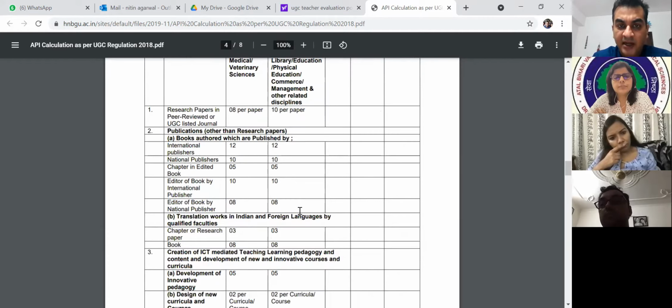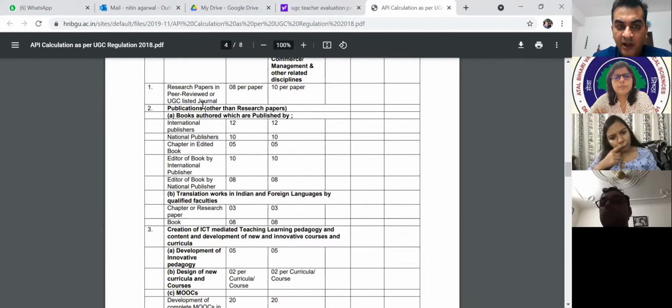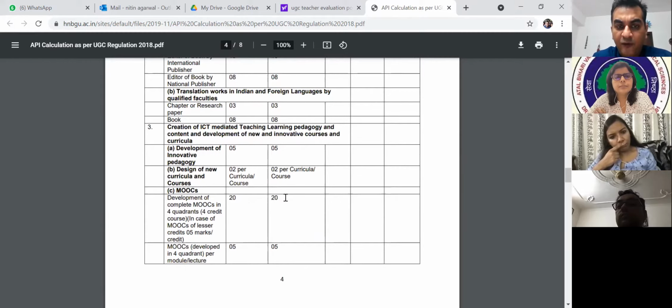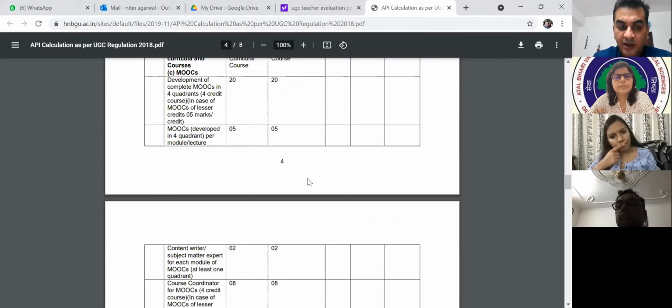And then you come to the research papers and the academic activities. So here you have peer-reviewed papers. They've also classified the grade of the paper, whether it's an international journal, a UGC listed journal, or a national publisher, or for a book, an international publisher or a chapter, and accordingly those points. Similarly, involvement in other teaching, learning, pedagogy workshops.